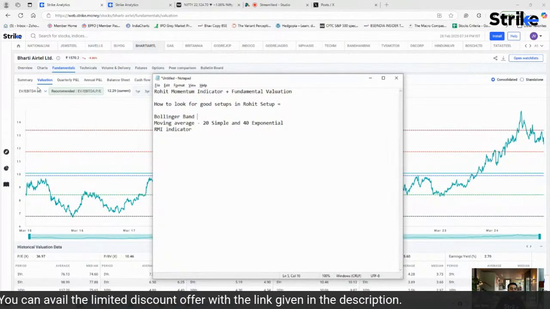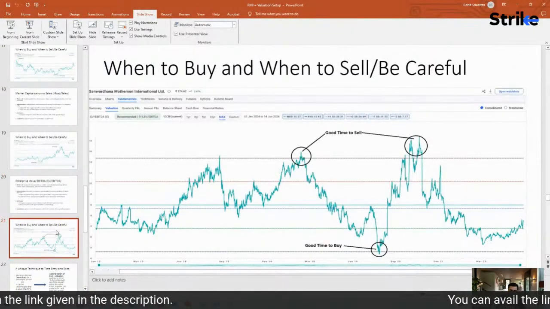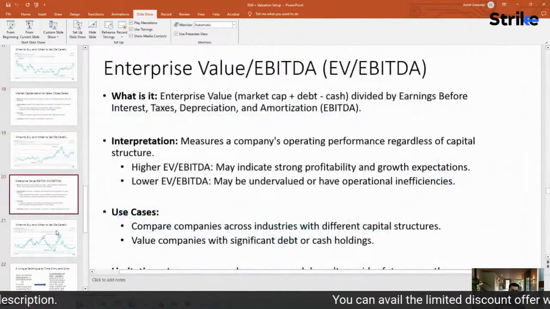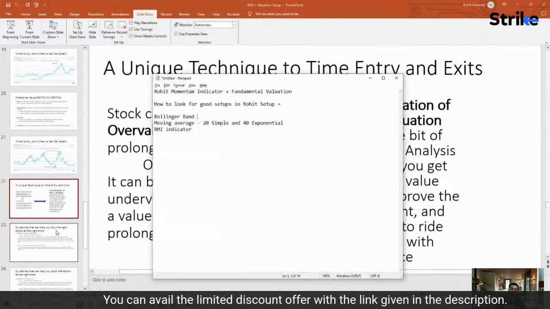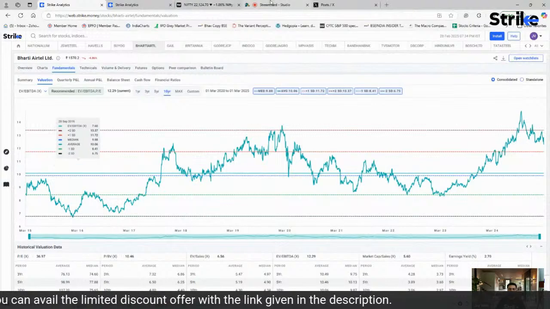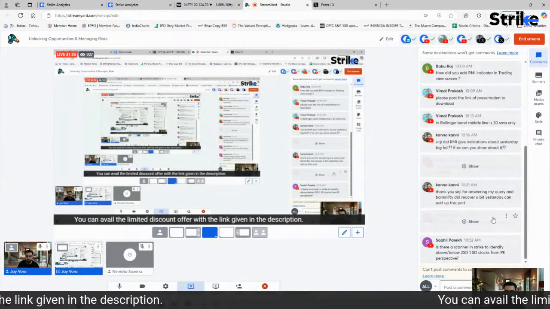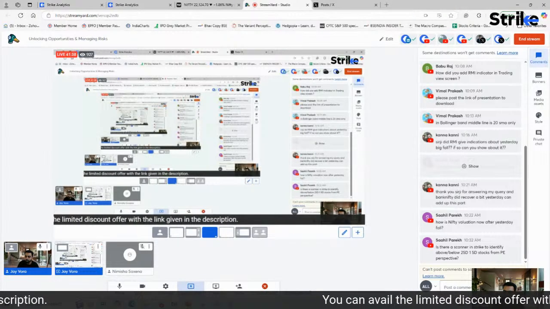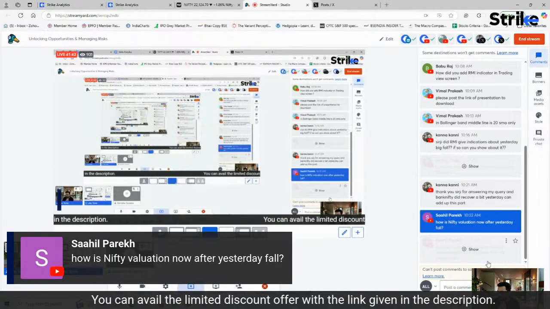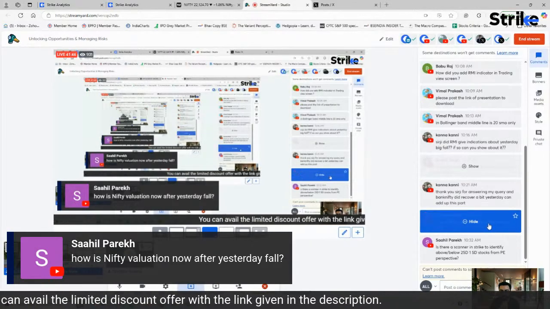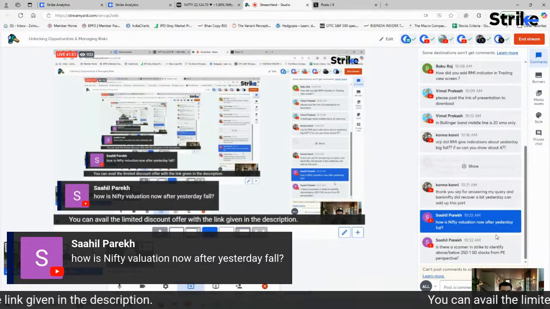Okay, so I think broadly I have covered the valuation parameters. Okay, everything that you need to know. Now the whole idea is that कि जैसे कि मैंने आपको बताया कि कोई भी स्टॉक. So wait, I'll just pause over here and I'll see if there are any questions. Nifty valuation as of now, yesterday, Sahil, I think it is trading at a 19 PE ratio. You can check the entire chart on Strike. You'll get the entire data. I don't want to waste time on that.